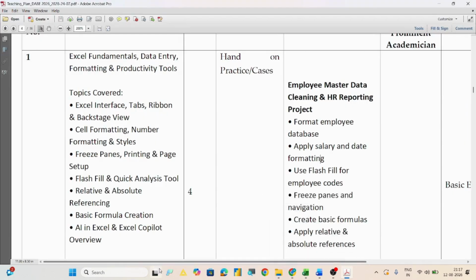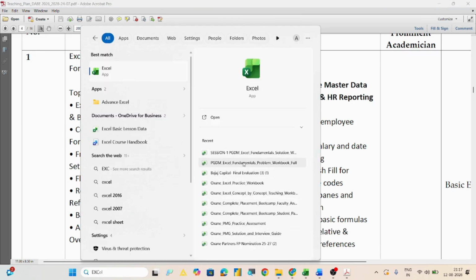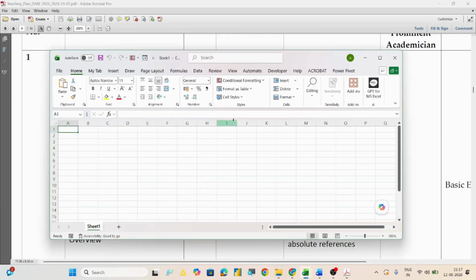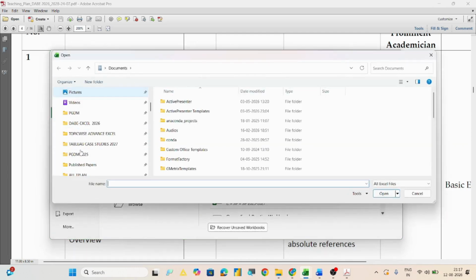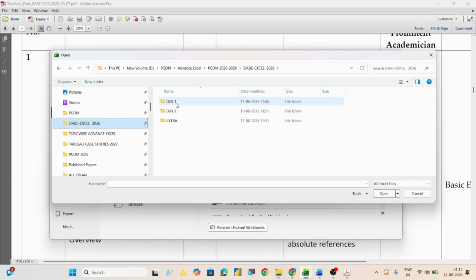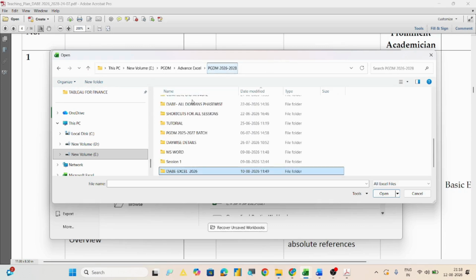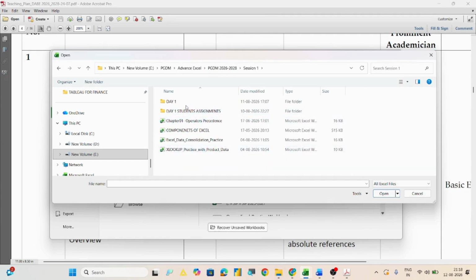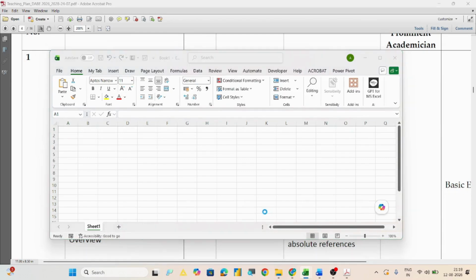So my sheet is being closed. I have to open the sheet again, so I'll write Excel over here, and then I will open the worksheet in which I was working before, right? So how can I open it? I have to go to the destination where my files are actually lying. File, open, I have to browse and go wherever I have kept my file. I have to remember the actual destination where the file is kept, and accordingly we can open the file and work on that particular file. This is the file in which we were working. So I have opened this file again.